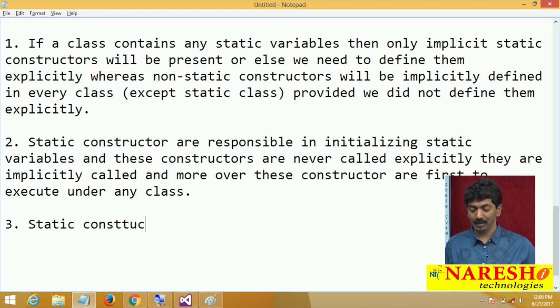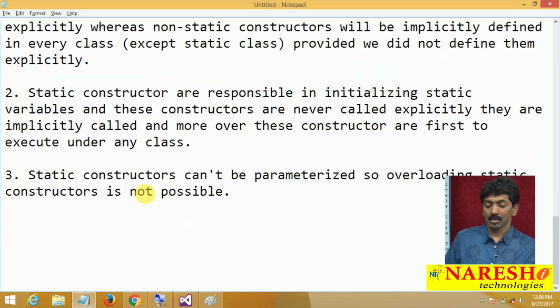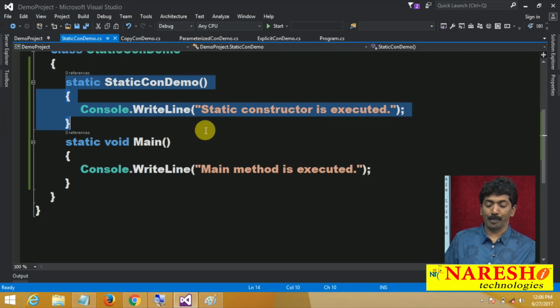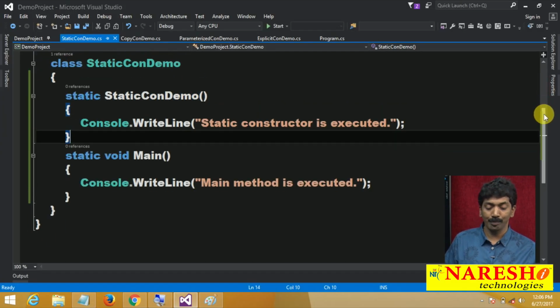Static constructors cannot be parameterized. So overloading static constructors is not possible. So what is it? Static constructors cannot be parameterized. Why we cannot parameterize? Simple logic there.